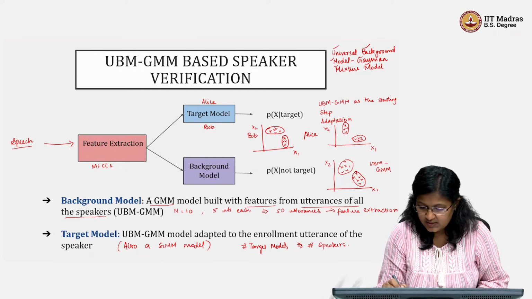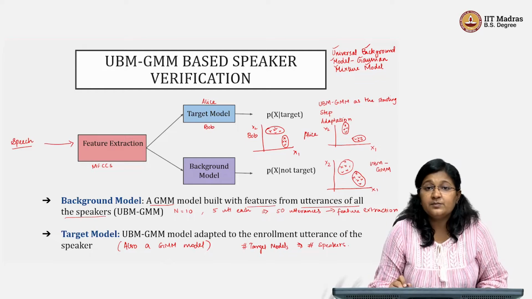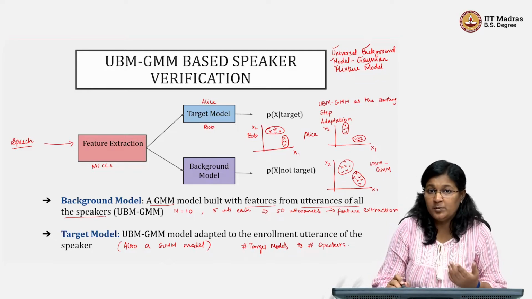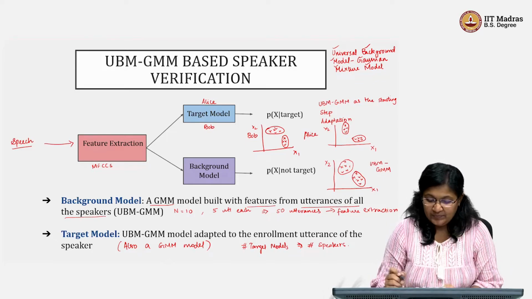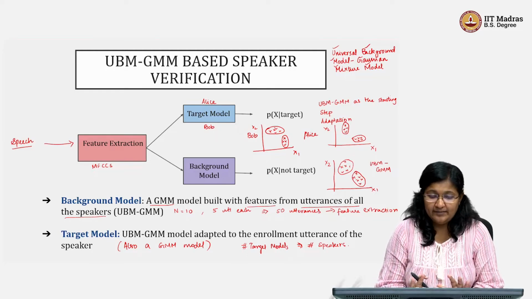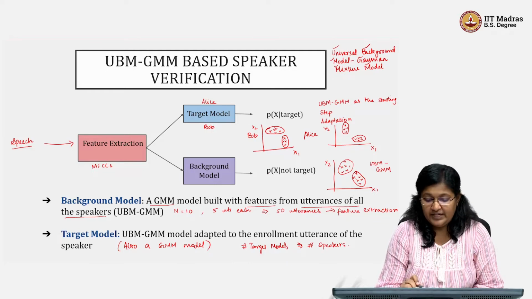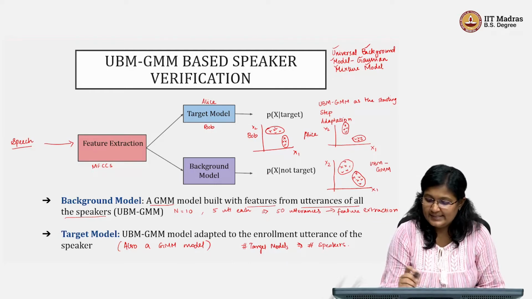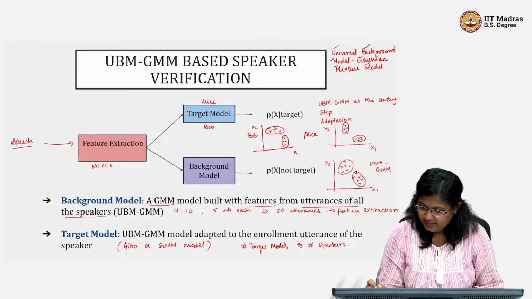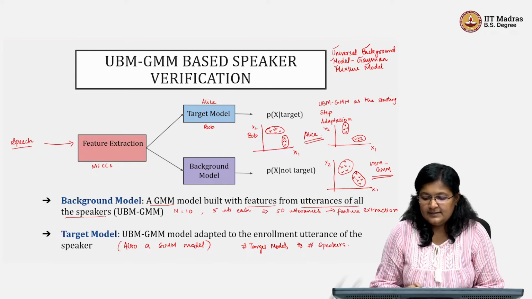So different speakers will have different target models. And as I mentioned before, from a GMM you can find the probability of getting a data point. So once these models are all ready, if I am going to perform speaker verification for the claim Alice, I will take the UBM-GMM and I will take the Alice GMM,